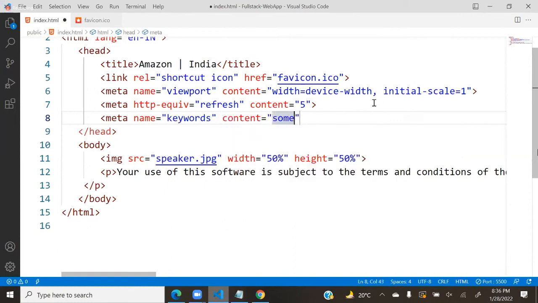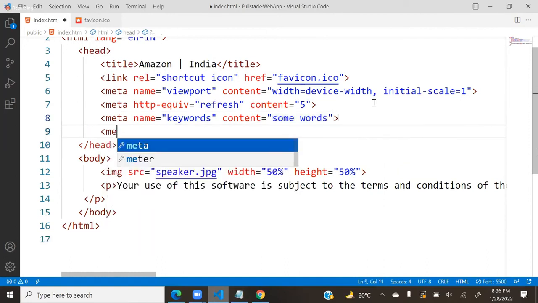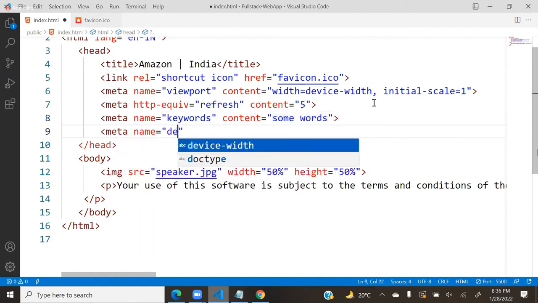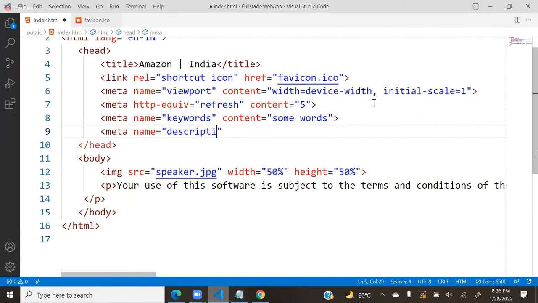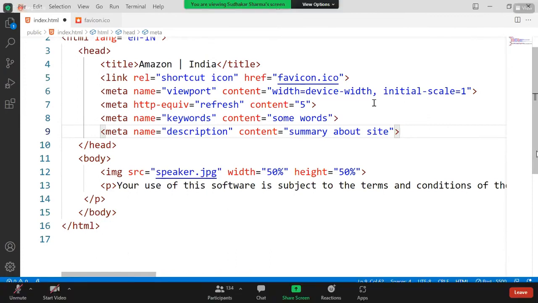You have to write some keywords there. Another option we have is meta name is equal to description and content is equal to some summary about the site. All this information we need to define. That is how we have to configure.